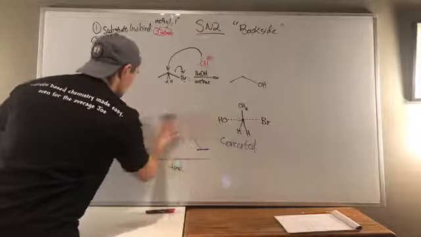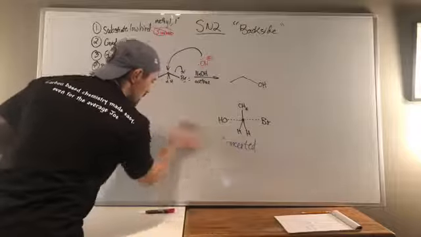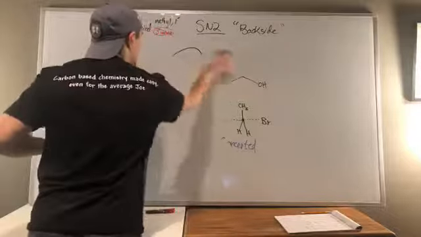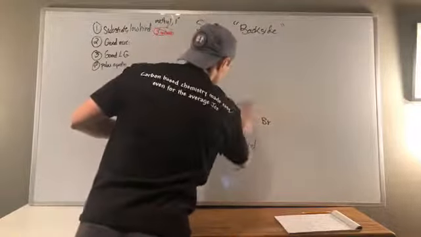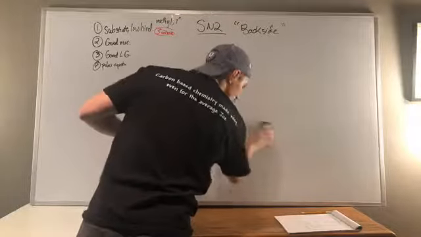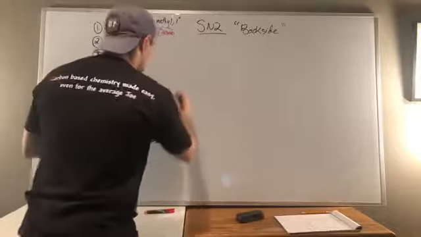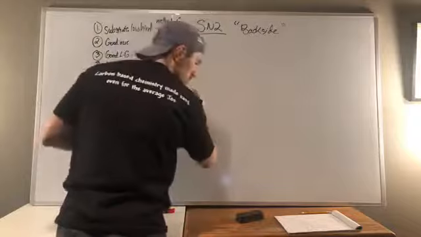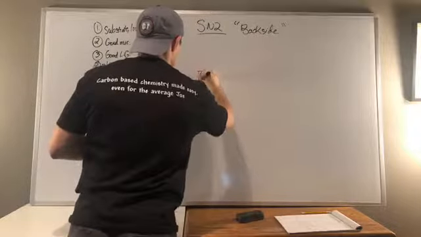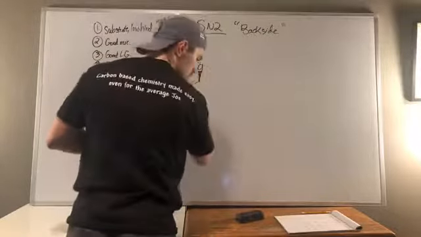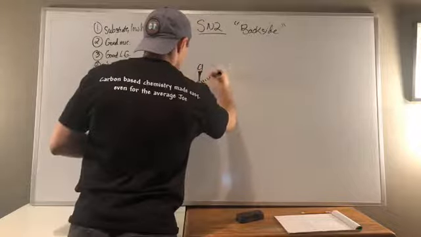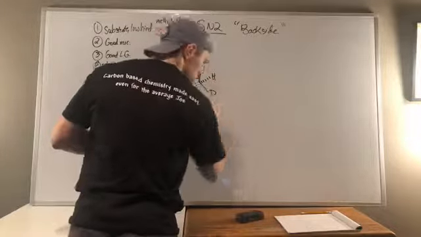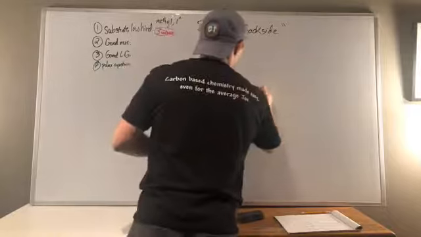So let's look at this. Obviously we'll do an example because that's how everything is best seen. Let me just draw this right here. If I had something like this,